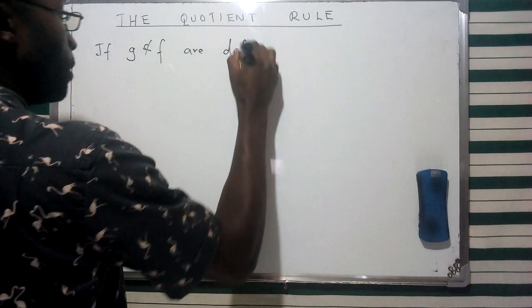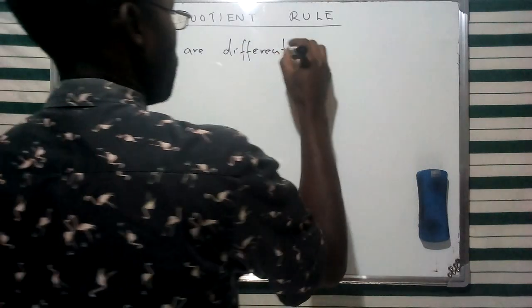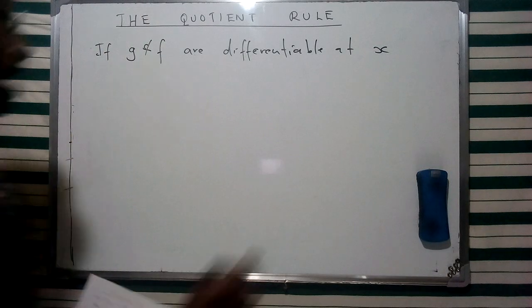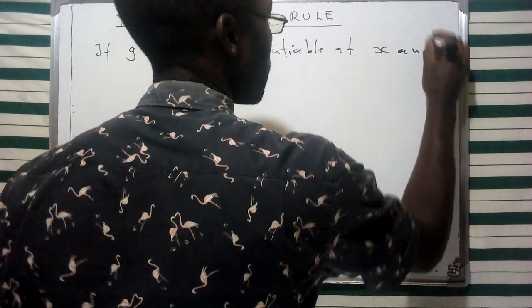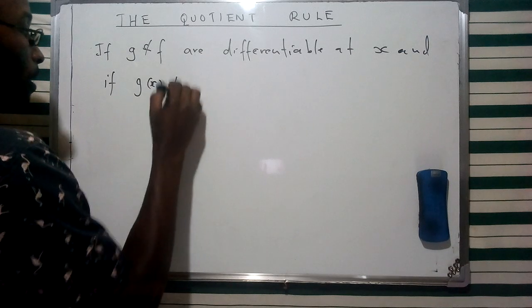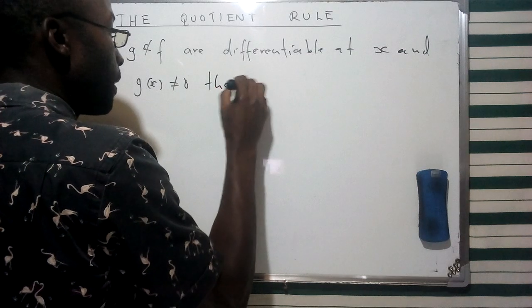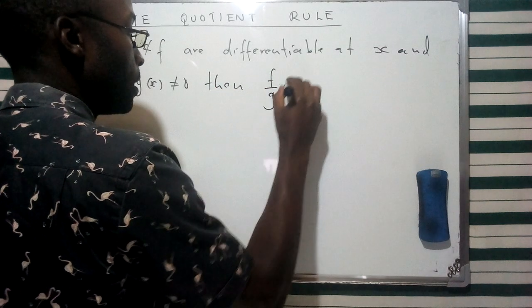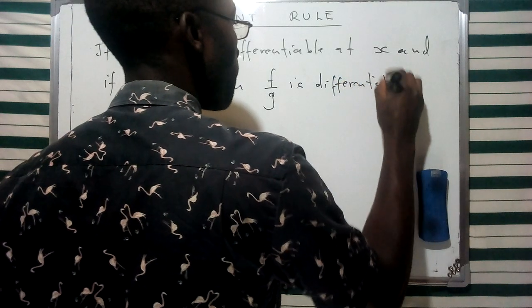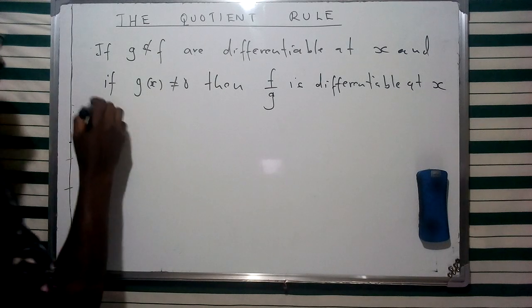are differentiable. These are two functions. G and f represent two functions that are differentiable at x, and if g(x) is not equal to 0, then f over g is differentiable at x,